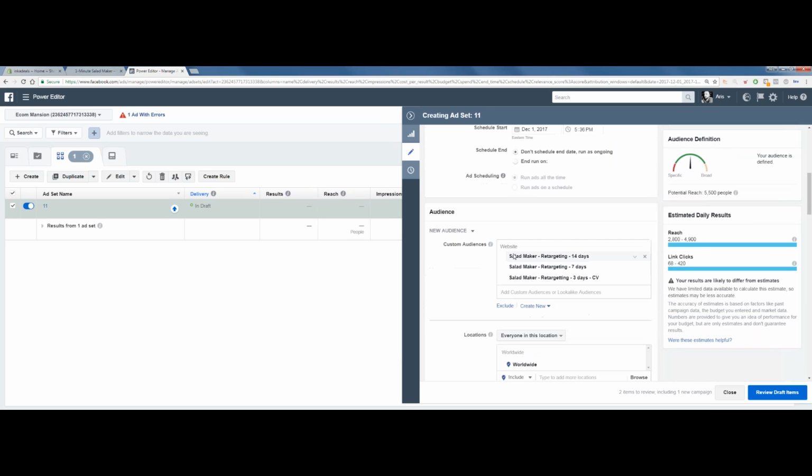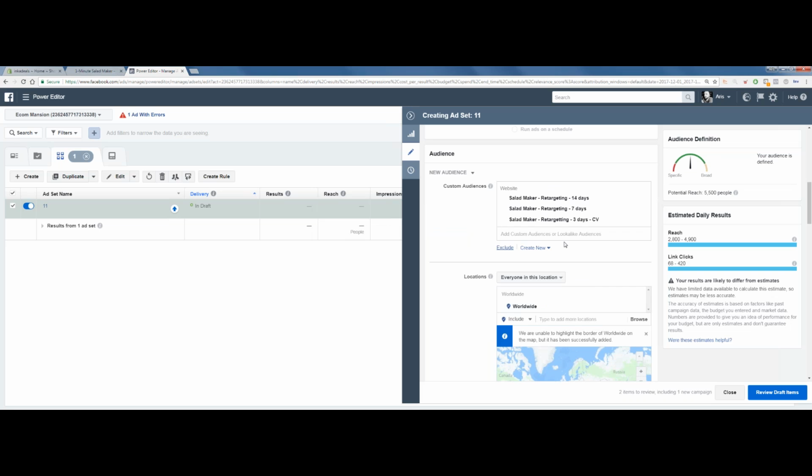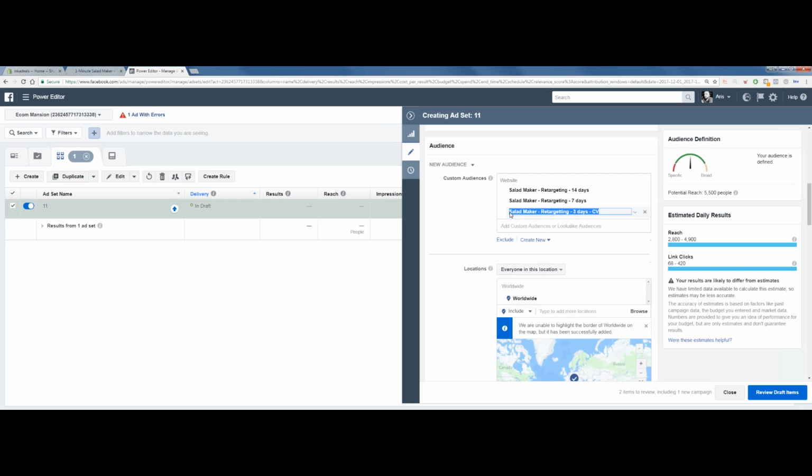The only thing we're going to do here now that we created this first one is we're going to take this and put it here. We're going to do it 2 times because there's 3 time frames we want to target.